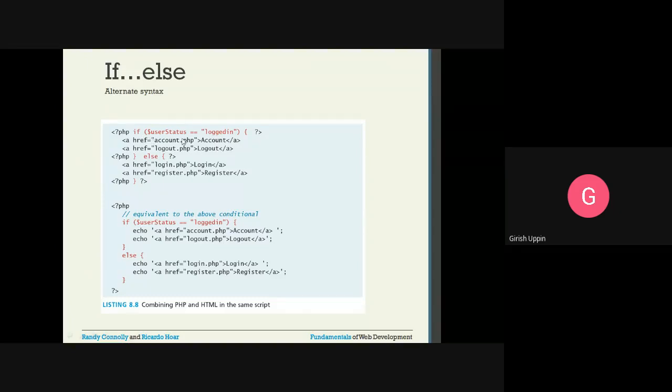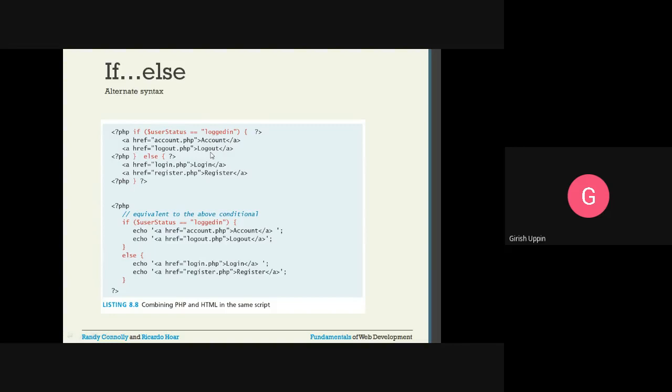If $user status is equal to logged in, then close the parenthesis, this is the condition, then the opening of the true block. Then I close the PHP code. Then I have the regular HTML code. Here I have two anchors for showing account and logout.